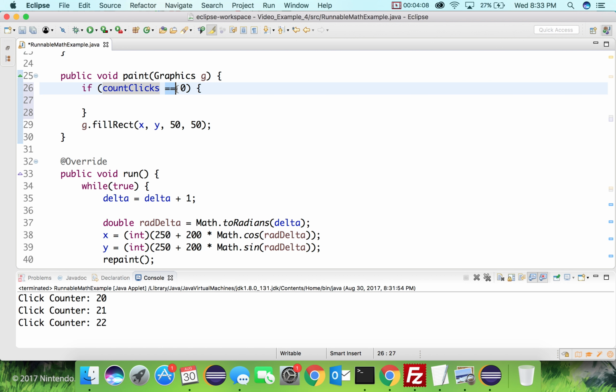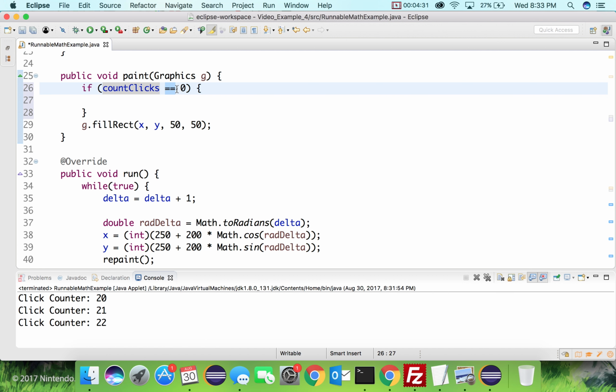If we had one equals, we're basically saying 0 is being stored inside of count clicks. So one is an assignment and one is a comparator. We'll have a couple other examples of this today, or in this video, but just know that double equals means